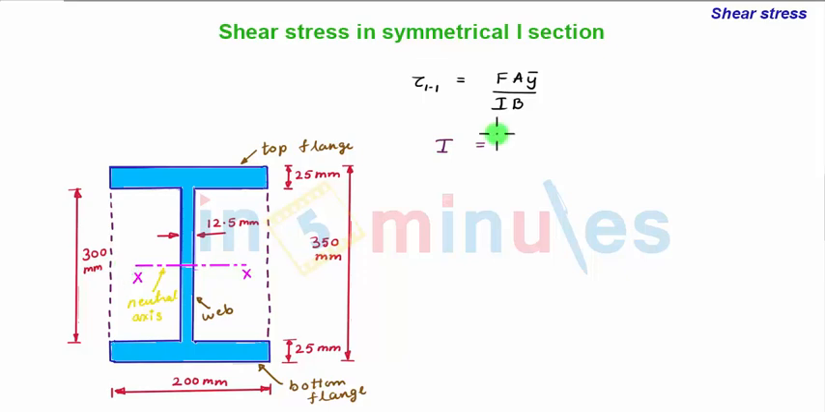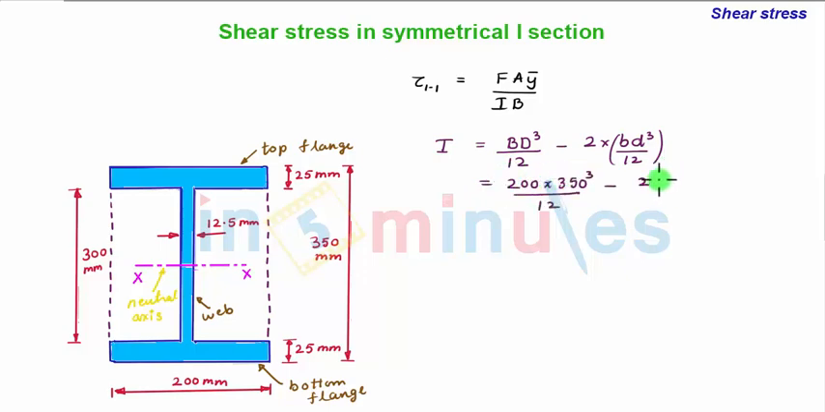So we have I equal to BD cube by 12, which is the moment of inertia of this bigger rectangle about the centroidal axis of the total section, minus 2 times the moment of inertia of this smaller rectangle. So we have BD cube by 12. Upon substituting the values, for the bigger rectangle the width is 200 mm and the depth is 350 mm, whereas for the smaller rectangle the width will be given as (200 minus 12.5) divided by 2, which is 187.5 divided by 2, and is equal to